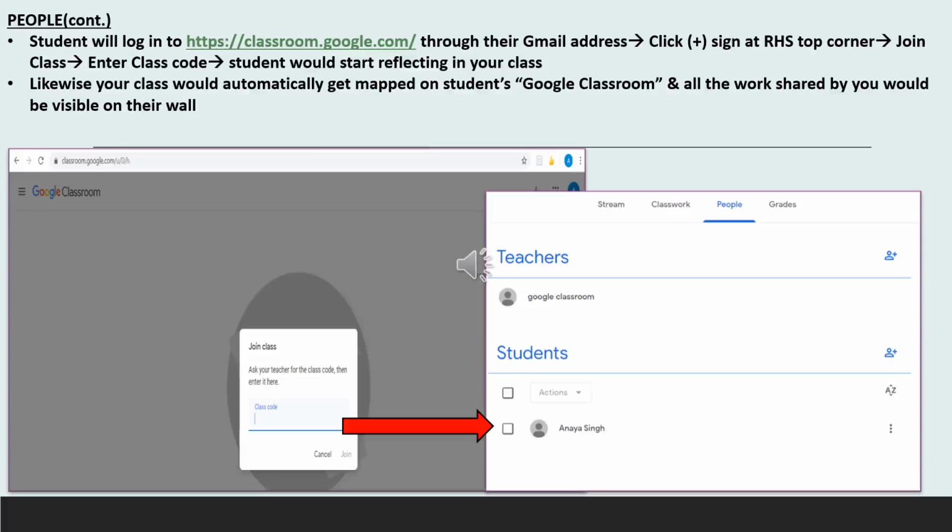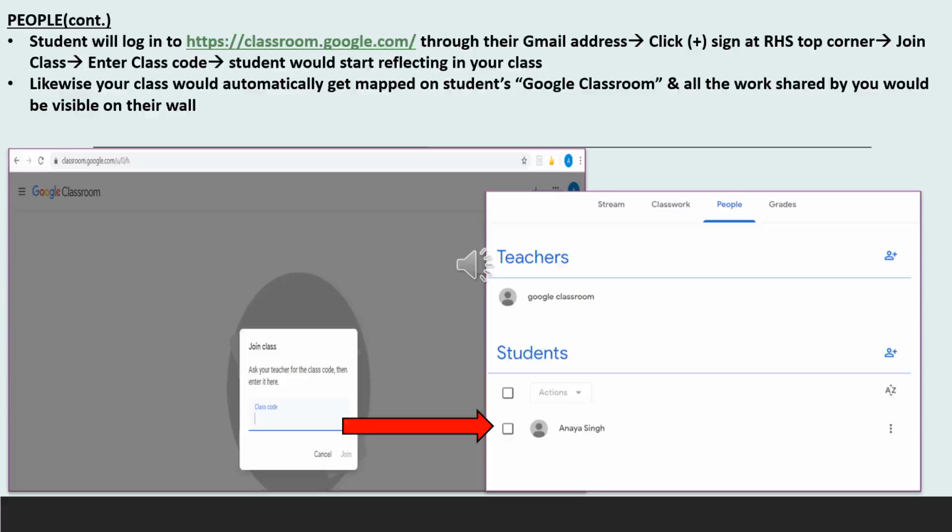Now the small picture that you see over here is of the teacher domain. The teacher would be able to see the student as soon as the student joins the class by clicking in the code. Now, as a teacher, you have the full liberty to delete a student from your class or to mute the student from your class.